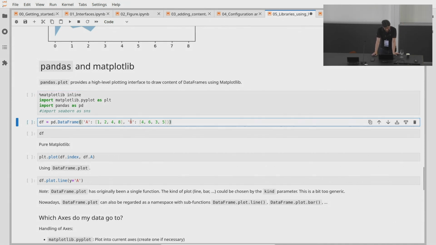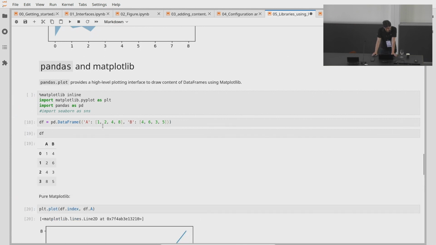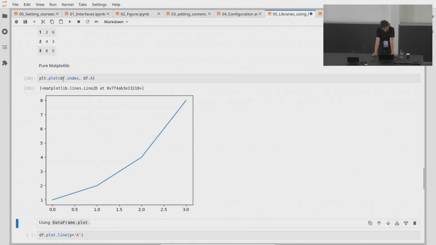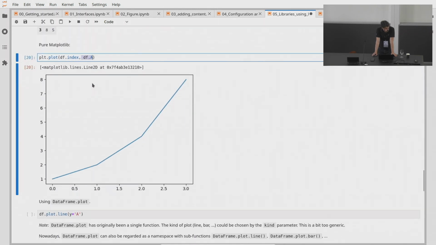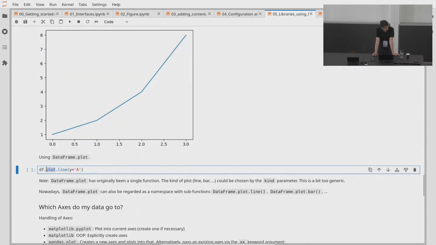I just take a data frame. With pure matplotlib, I can here just plot the x and the y values. But in Pandas, you have this plot accessor namespace,